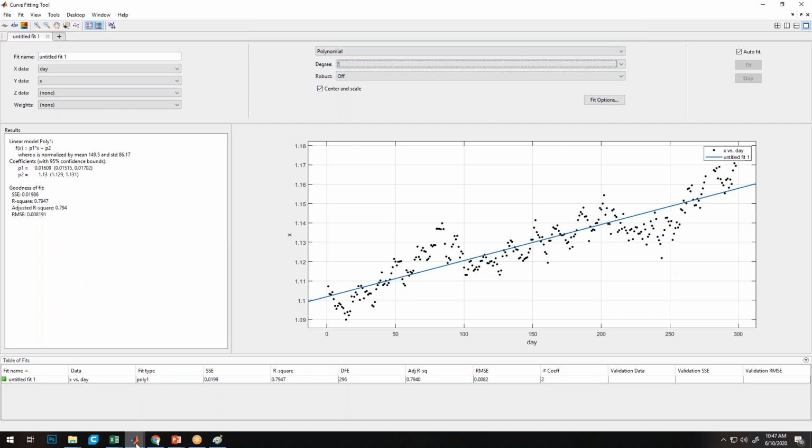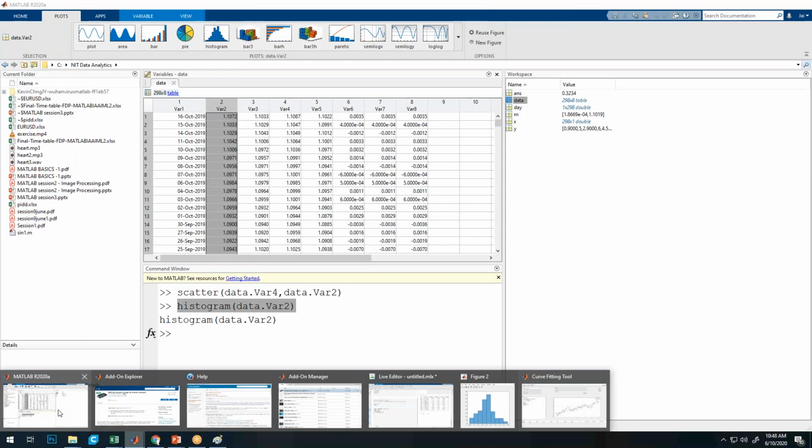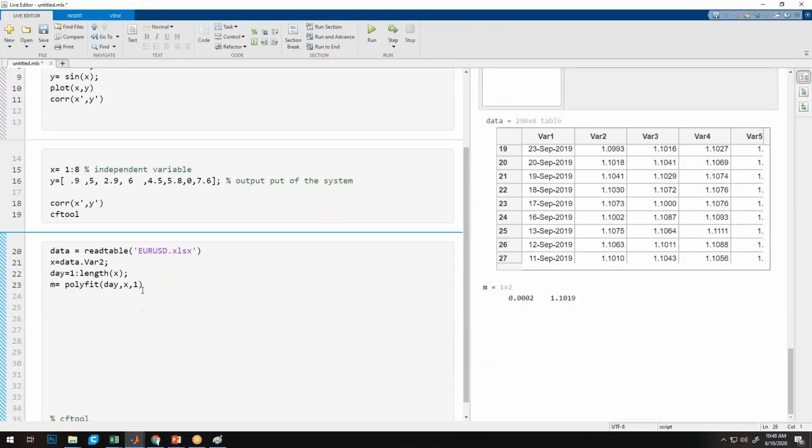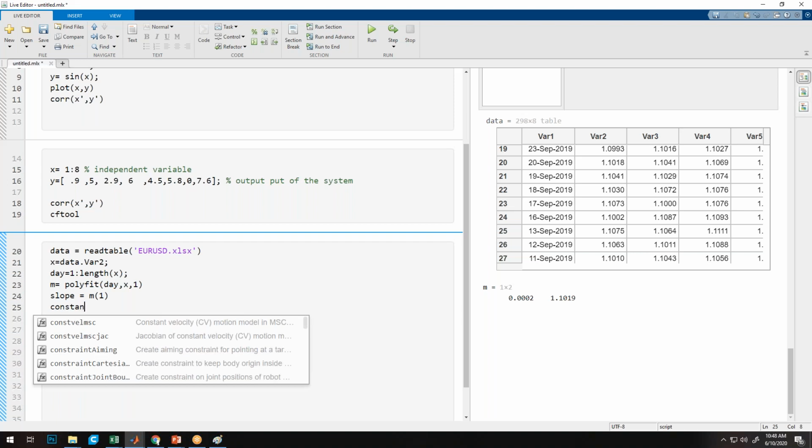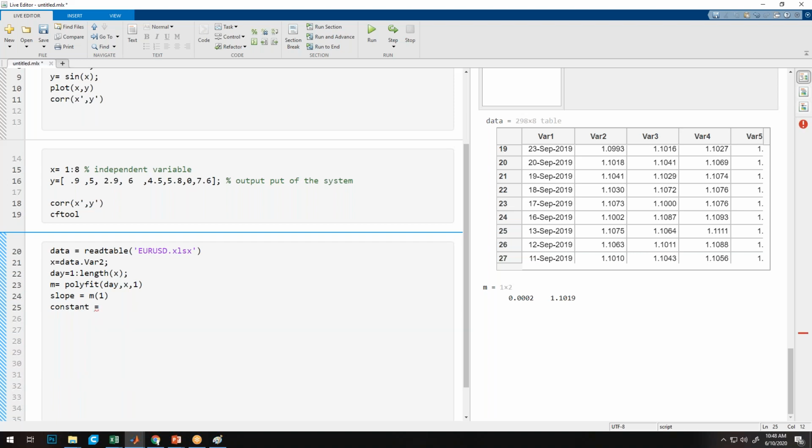So here I can write directly that the slope part of this straight line is represented by m1, and the constant part is represented by m2.